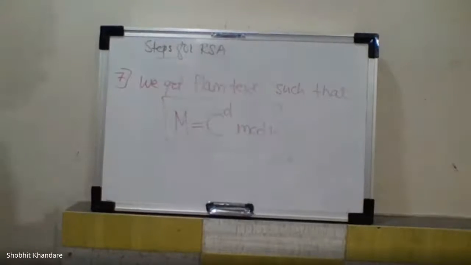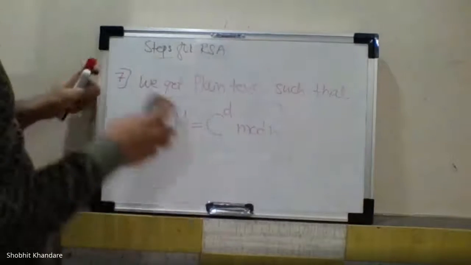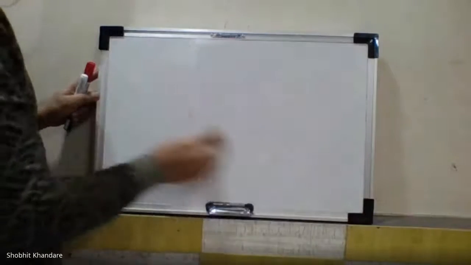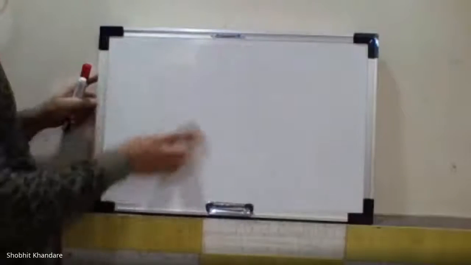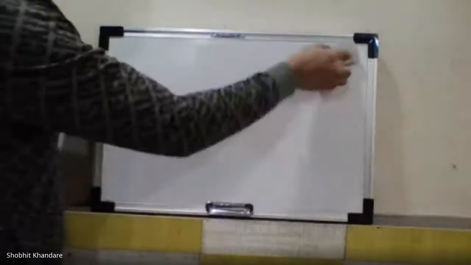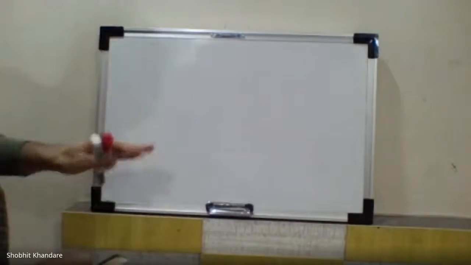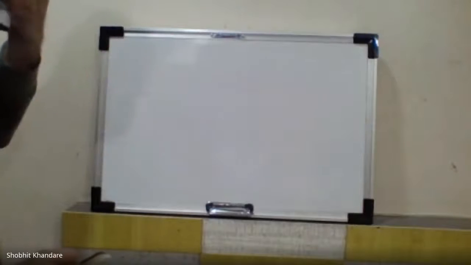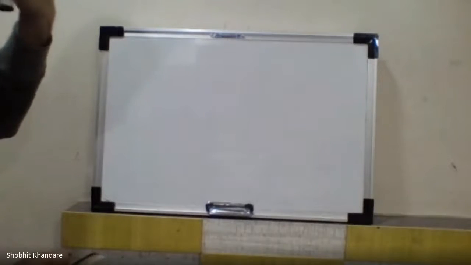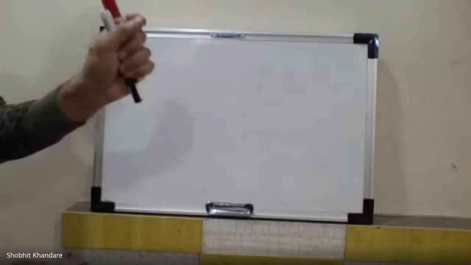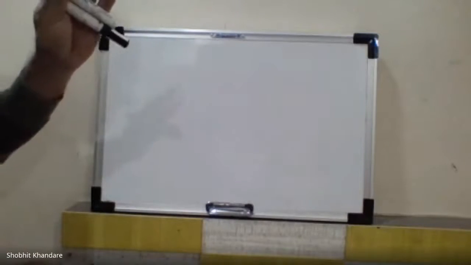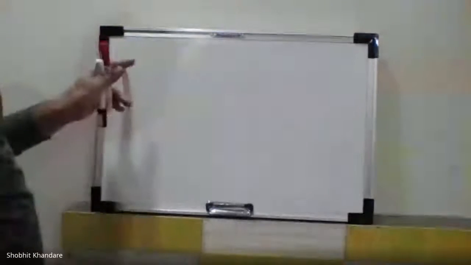So does anyone have any doubt in this particular concept now? RSA. I have explained you RSA. I have told you what RSA is, and I have explained the steps. Now these steps I will be giving you in writing, I mean we will write down the steps in words. These are small sentences, but these steps will be written after you solve this problem.